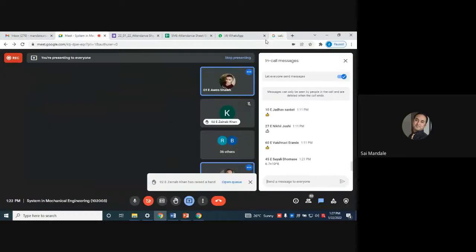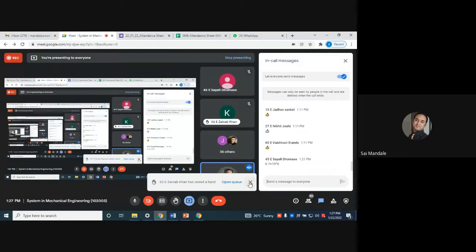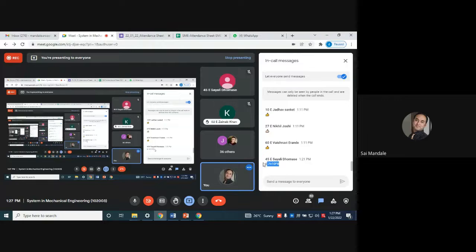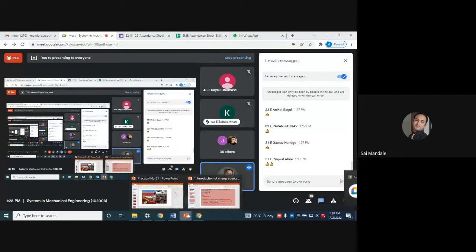So if the numerical is understood by each one of you, give me a thumbs up in the chat box. Okay, Saili, this is the right answer. Give me a thumbs up in the chat box and allow me to go for the next numerical. If anybody is having any doubt, ask me. Okay, good. Asmita, Vaishnavi, okay. Everybody understood. Nice. So next numerical for you is,